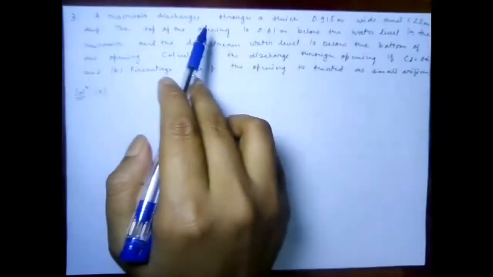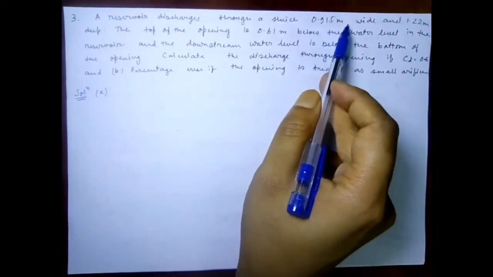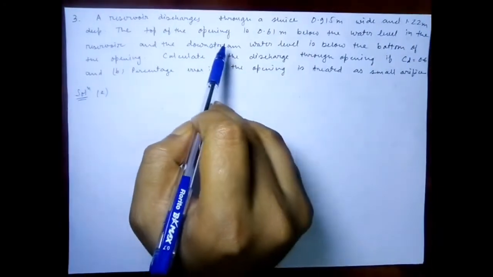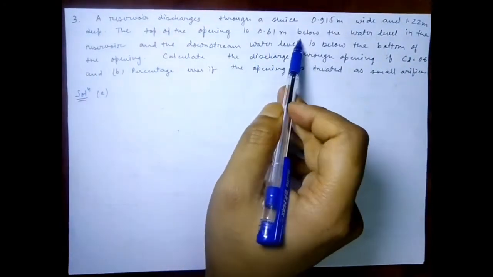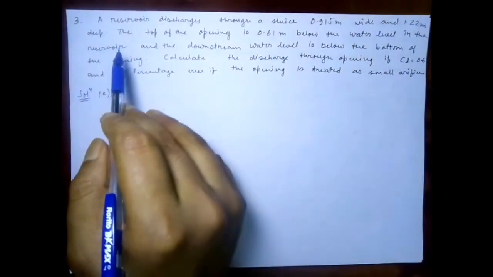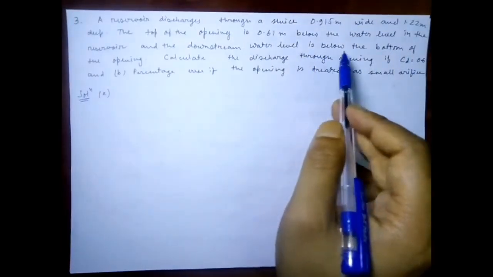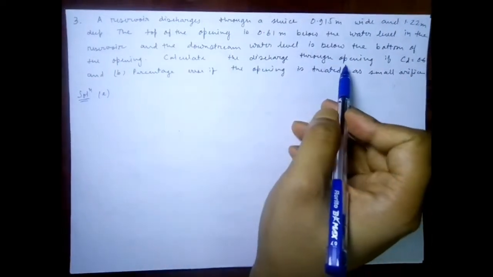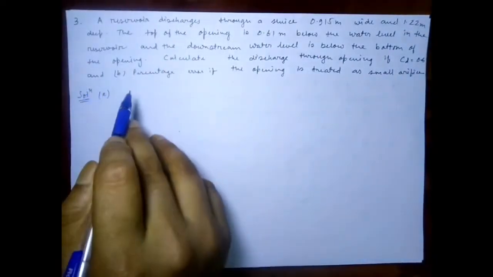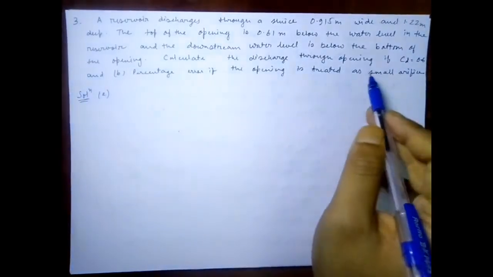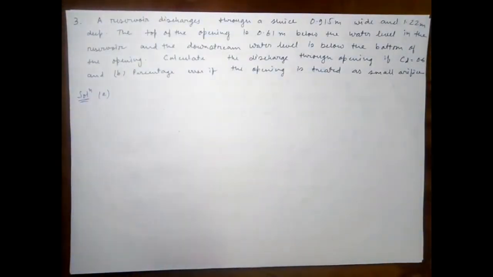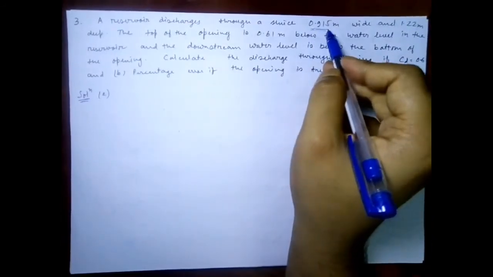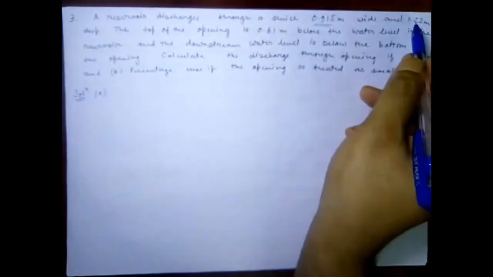So in this question, a reservoir discharges through a sluice 0.915 meter wide and 1.22 meter deep. The top of the opening is 0.61 meter below the water level in the reservoir, and the downstream water level is below the bottom of the opening. Calculate the discharge through the opening if CD is equal to 0.6, and the percentage error if the opening is treated as a small orifice. Now you can see that an opening which is 0.915 meter in width and 1.22 meter in height